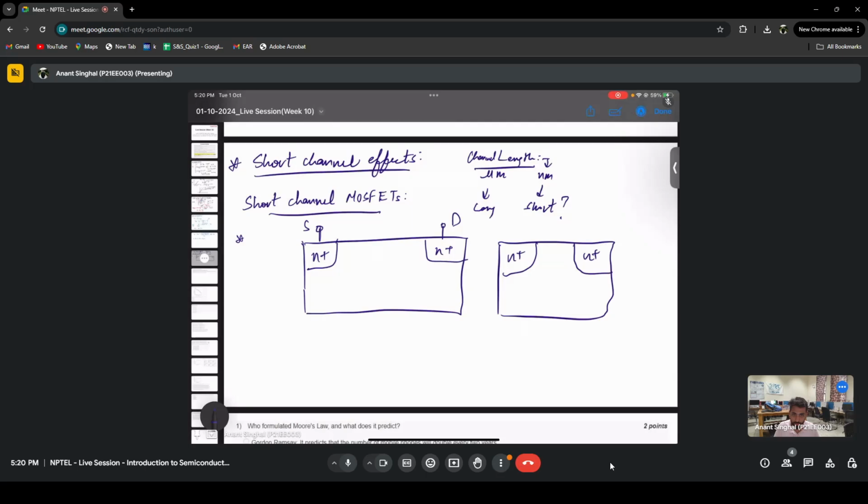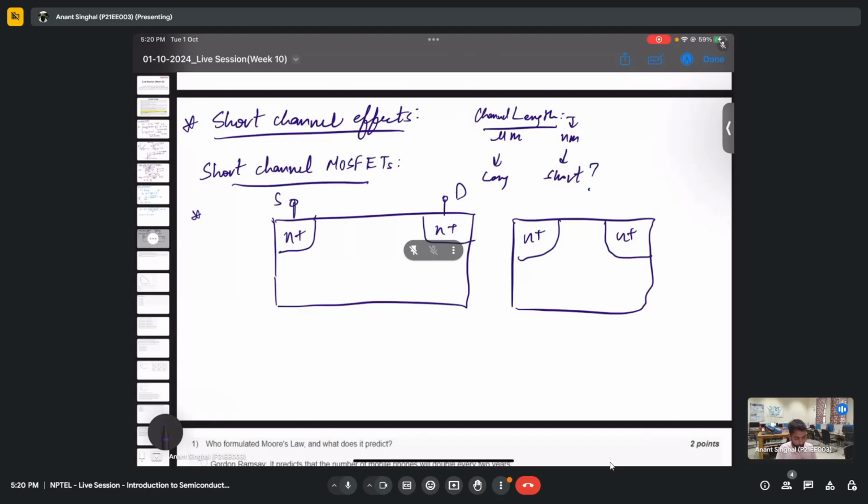Yes, sir. Yeah. So as you already said, it can depend upon the width of the depletion region in general. Let's say I'm making two different MOSFETs and we are applying a certain voltage. What we increase is the drain to source voltage as we go more and more into saturation. If I'm increasing the drain to source voltage, this particular PN junction is going into reverse bias, right? So we'll have more and more reverse bias. And let's say we have a symmetrical MOS, and if I do the same thing here,